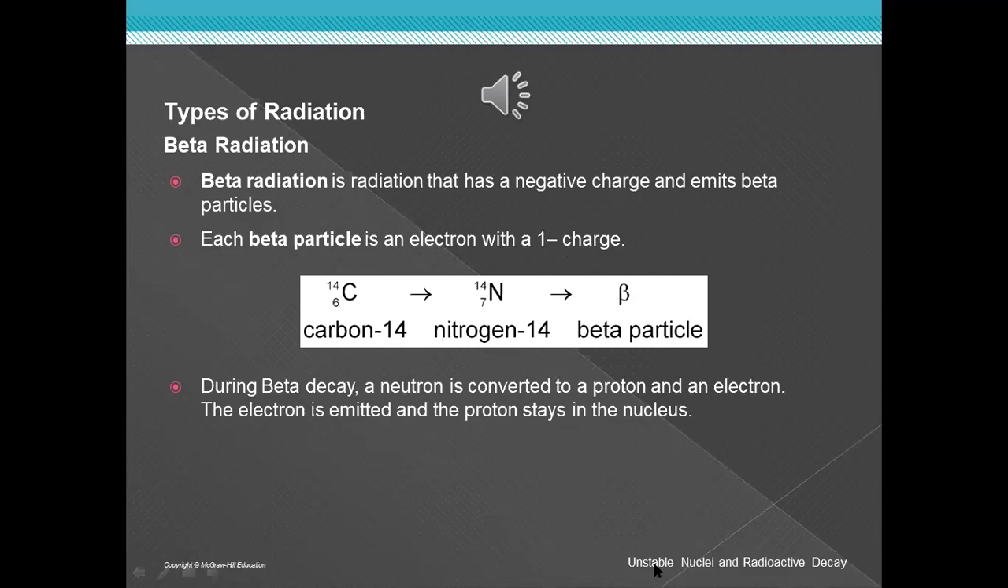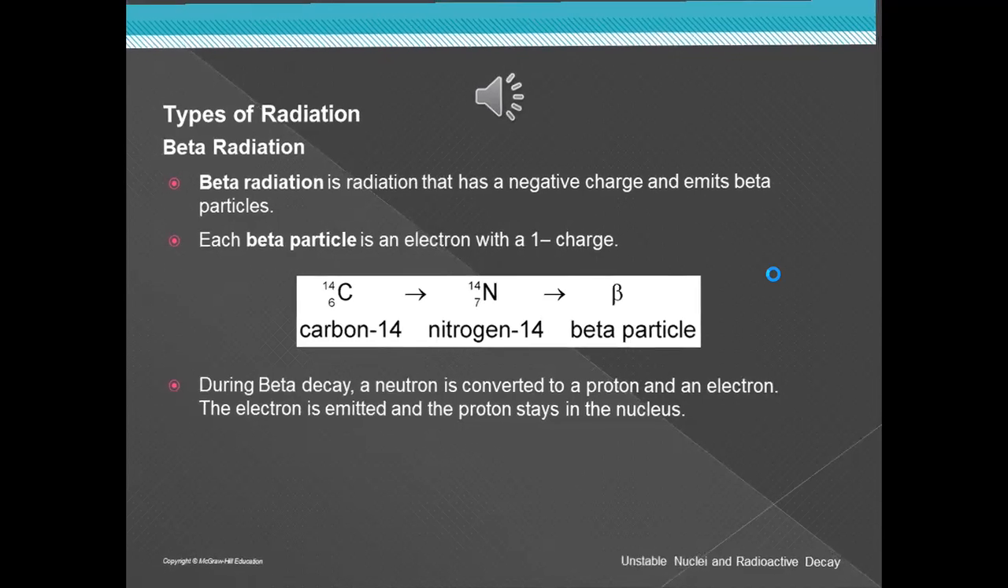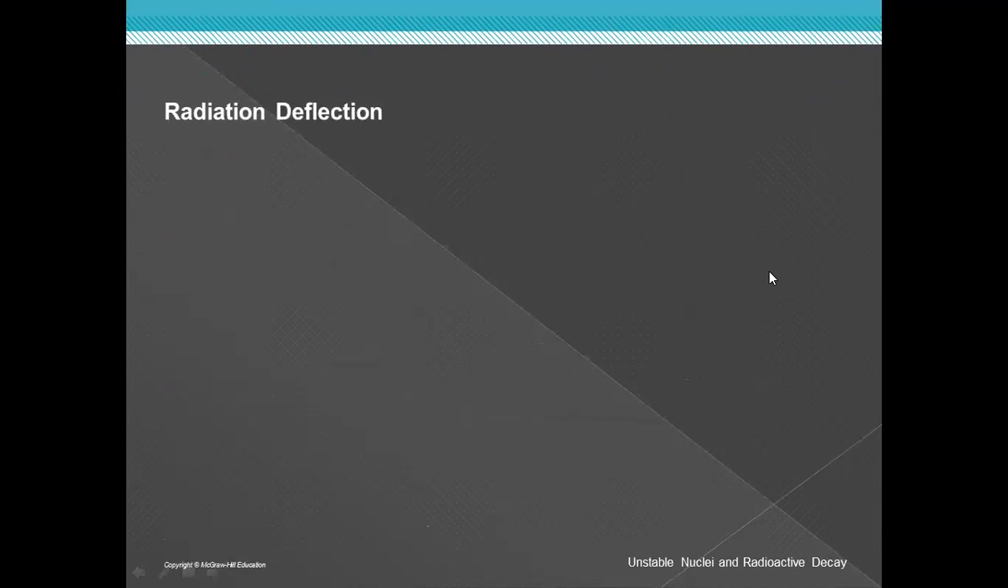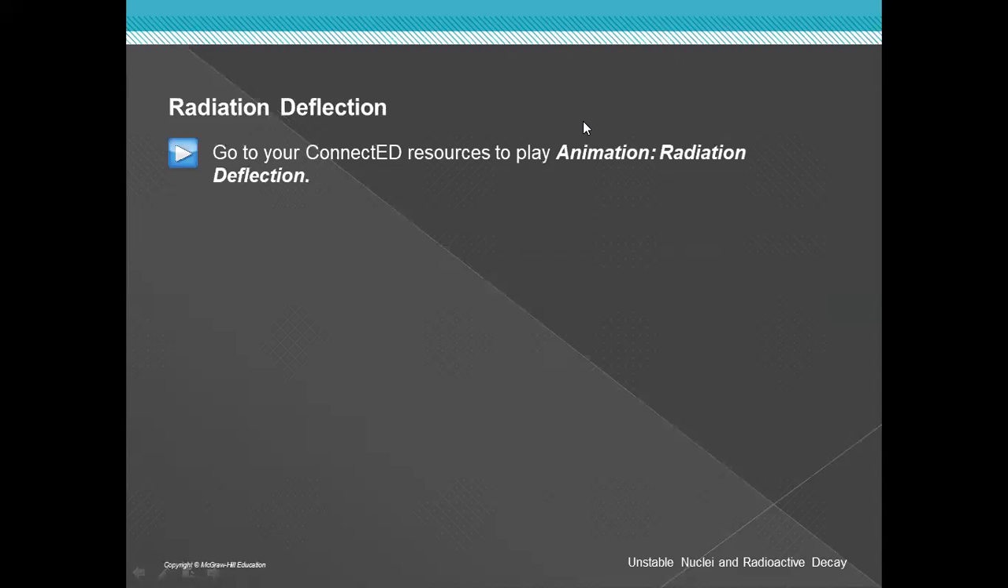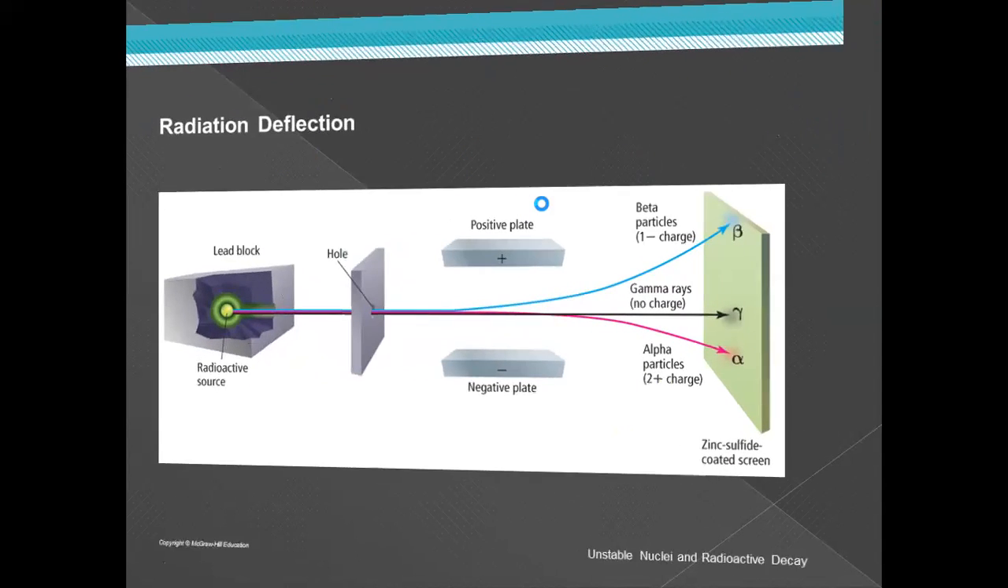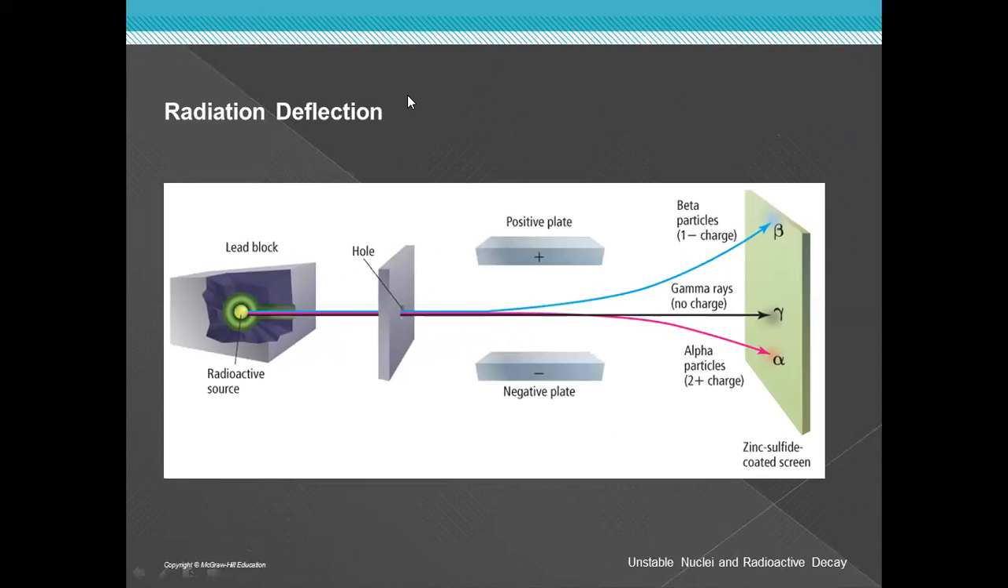It's okay. So this is the radiation that we said before. After beta particles, this is about gamma rays. To differentiate between alpha, beta, and gamma in radiation deflection,